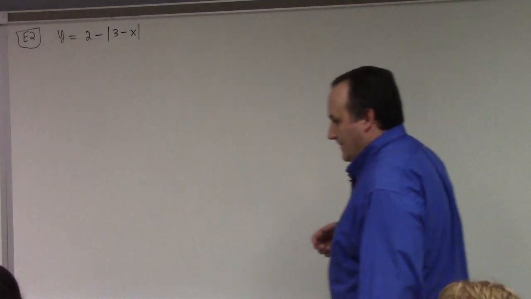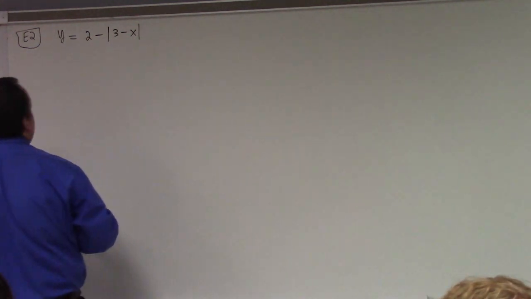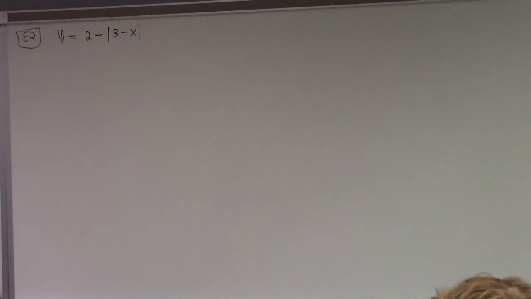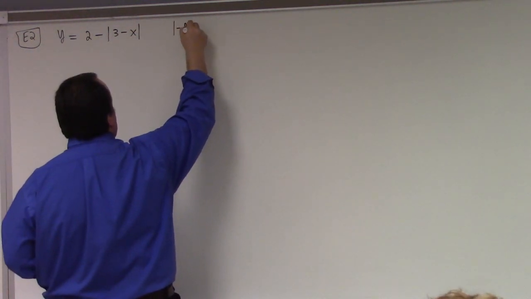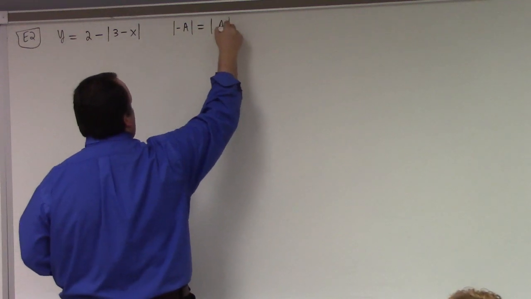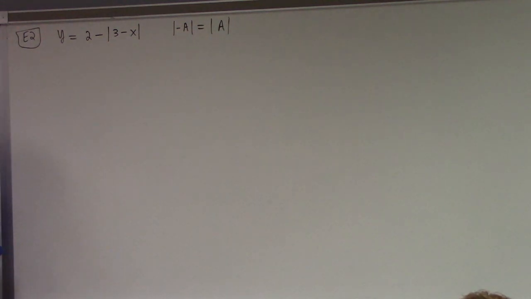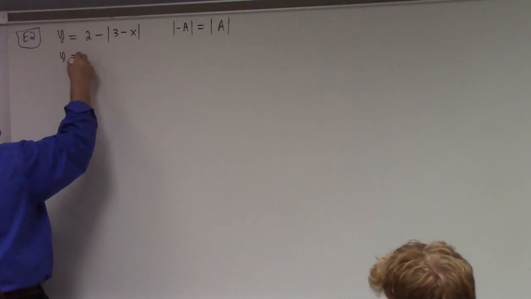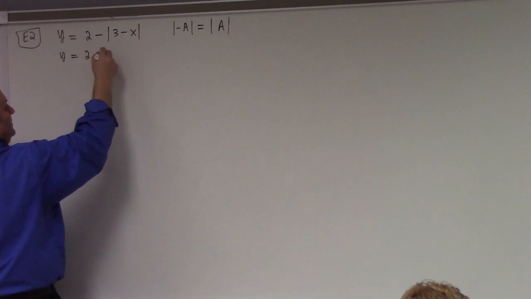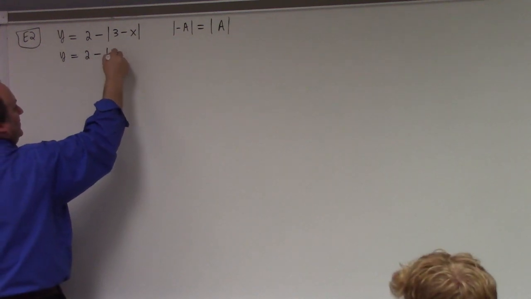I first draw the absolute value normally by itself. I kind of agree with that. I'm not sure what to do about that 3 minus x, but there's a property of the absolute value we could use here to make our life easier, right? The absolute value of minus a is equal to what? The absolute value of a, right? So I can trade the problem I'm given for a slightly easier one. This is actually the absolute value of x minus 3,